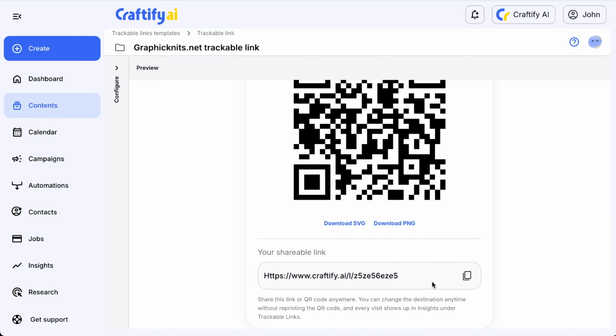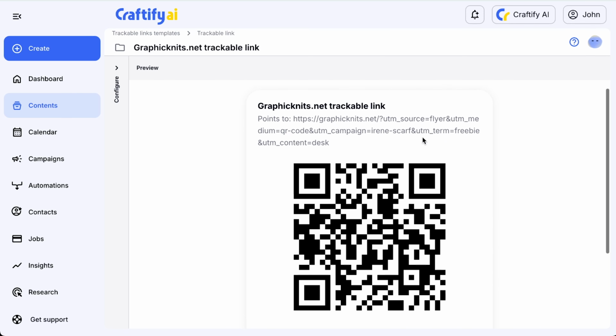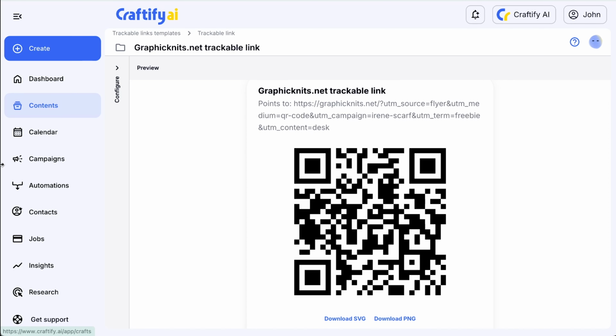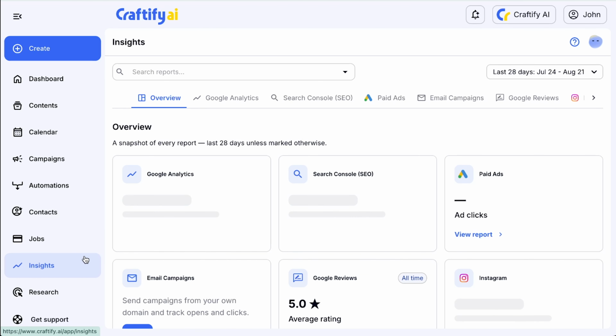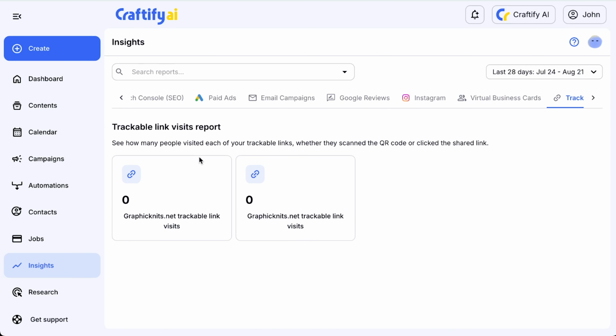We've also created you a small shareable link that you can use to share this anywhere you'd like. And this will help you to be able to spread this information, whatever it is, out there. And then you can track all of the content, everybody who goes to view this content. So later on, this is not going to be visible right yet, but later on when you come over into your insights, you'll be able to see from where your trackable links are, which ones have been clicked, how many people, etc. So you can trace who has been coming to